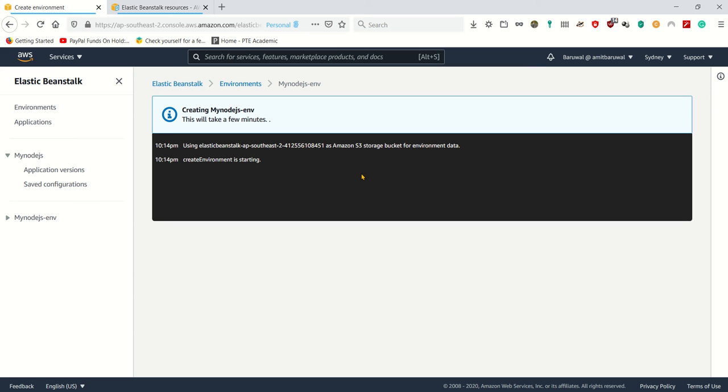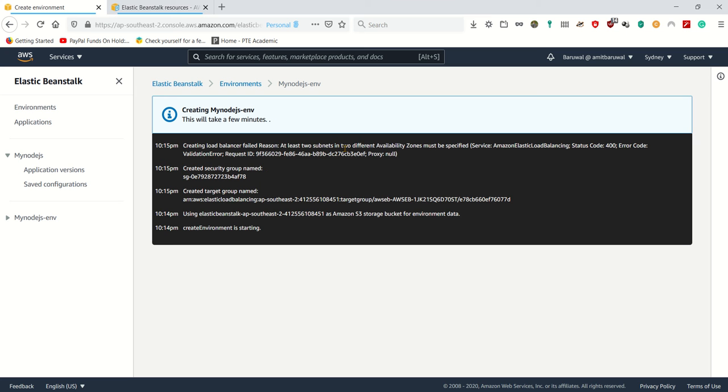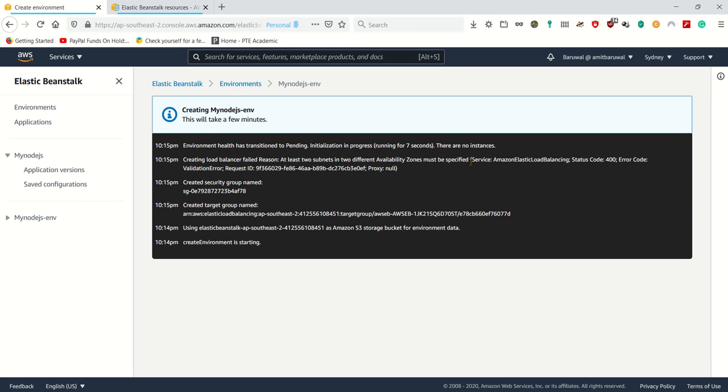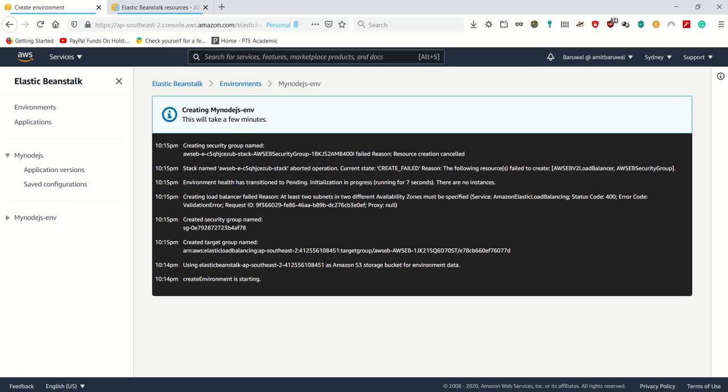Okay, it's starting creating. So it's using Elastic Beanstalk in AP Southeast 2, which is Sydney, and it's creating the S3 bucket, creating the load balancer. The error says at least 2 subnets in 2 different zones must be specified. Elastic load balancing has the same error. Okay, same error. I'm not sure if I have to create it manually. You know what I mean? I can do that, but